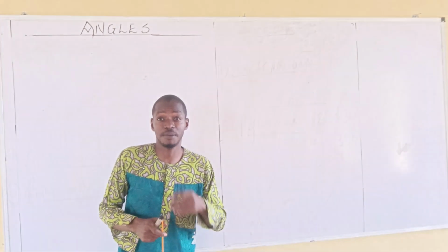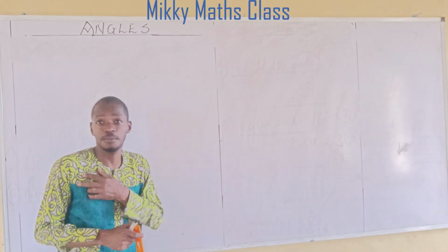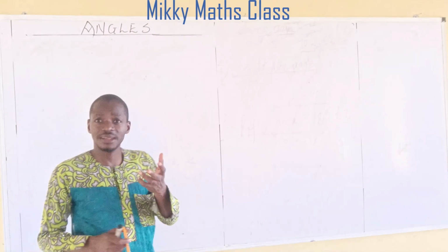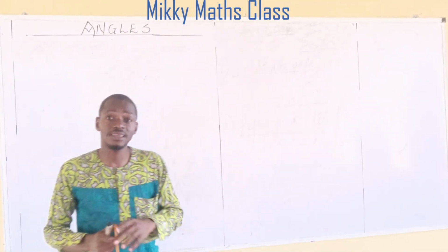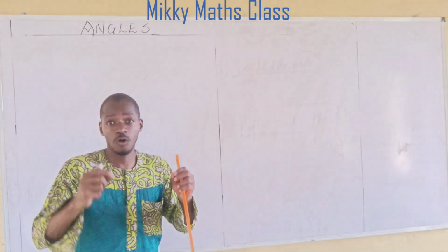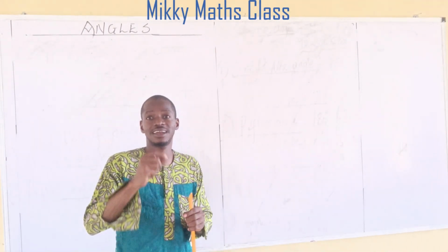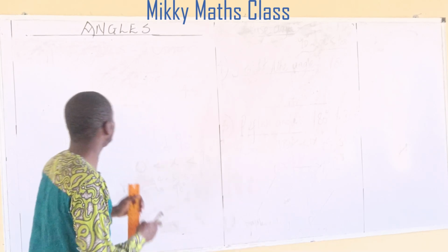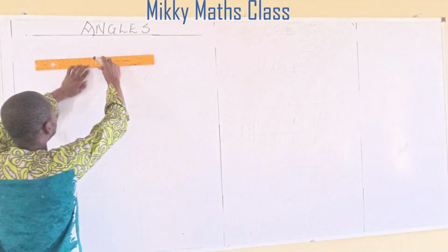Alright, let's look at parallel lines. Angles on parallel lines. Now, what are parallel lines? Two lines are said to be parallel if, when they are drawn on the same plane, they can never meet. What do we mean? For example,